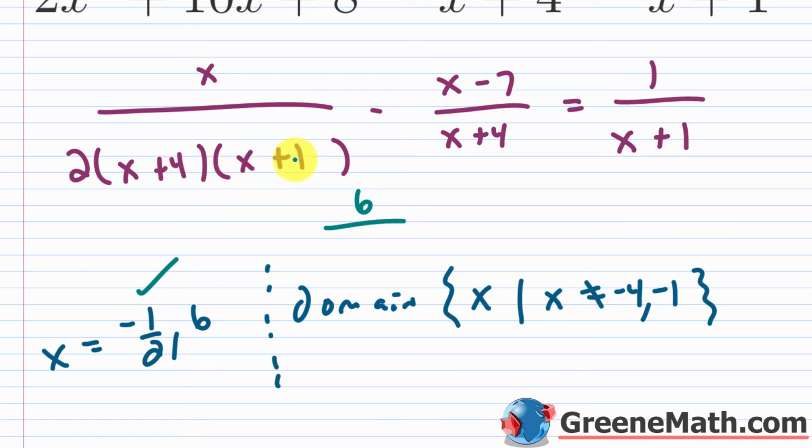And then over here, 6 plus 1 is 7. So 7 times 10 is 70, times 2 is 140. Now, you could cancel a common factor of 2 there. So this would be 3, and then this would be 70 here. Now, coming over here, you'd have 6 minus 7, which is negative 1, over, if you have 6 plus 4,